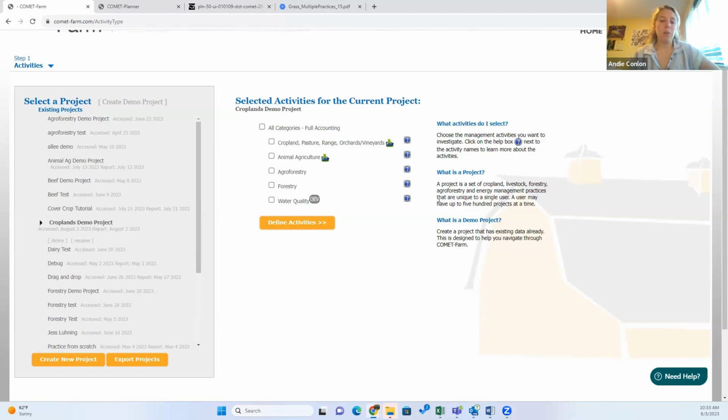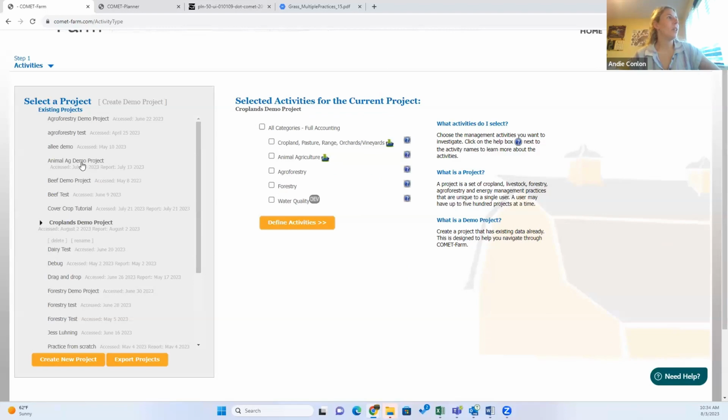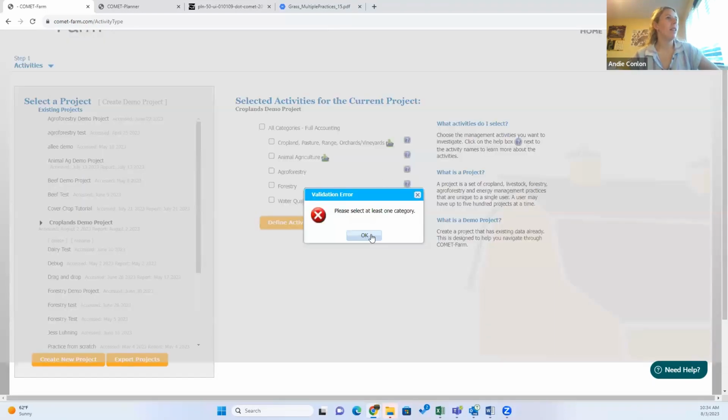Because this is an animal ag demo presentation, I'm going to focus on animal ag, and I'm actually going to create a demo project. And in a demo project, a lot of the data is auto-populated, and that just saves me time in trying to make sure I get to everything to show you. I can actually only have one demo project running at a time, so I have to delete my old one in order to,